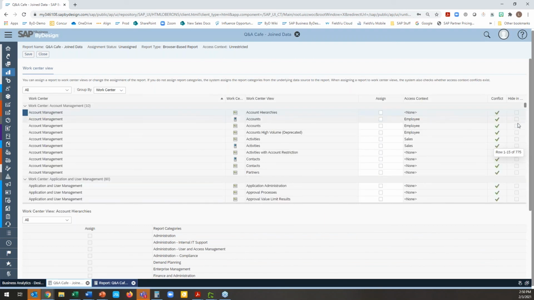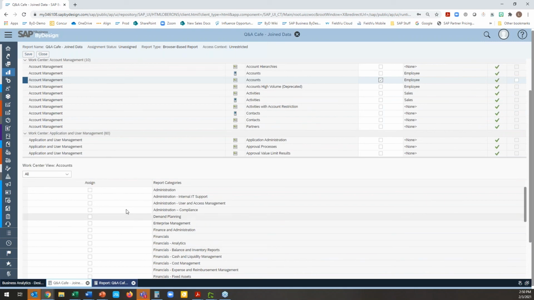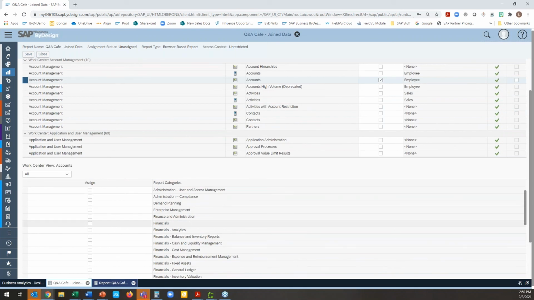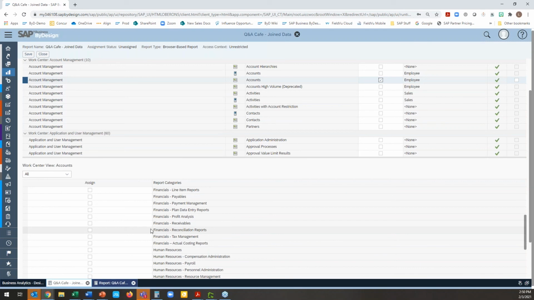But if you're in any sort of other report, you'll see where you're allowed to deploy the report to in the different work centers. So you can then just start to select each of the different areas where you're going to put this, and then the different admin categories that exist within each of the different areas. This just puts it into a grouping category. So if you do use groups for your reports, like in the work list, if you have that turned on,